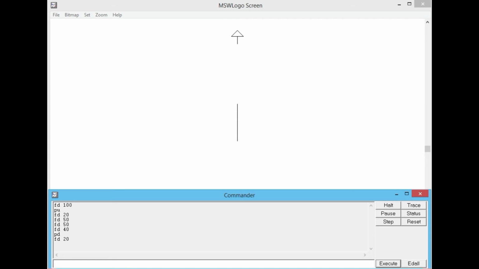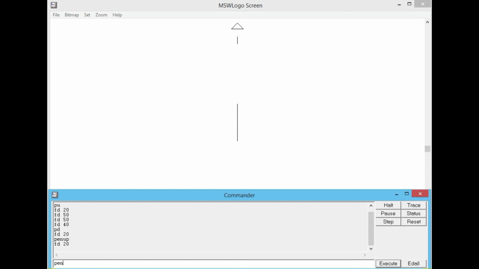Again, you can also use PENDOWN, the entire pen down word without the space in between. I'll show you. Let's first use pen up, PENUP, and again press enter. Now let's put forward 20. So we will see the logo turtle will move without drawing the lines.